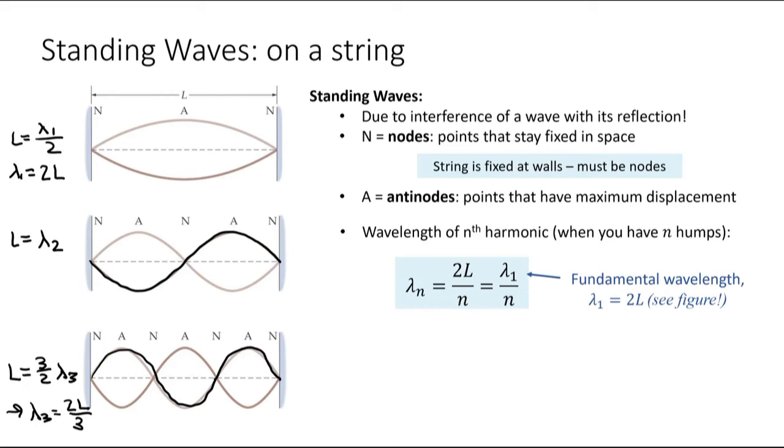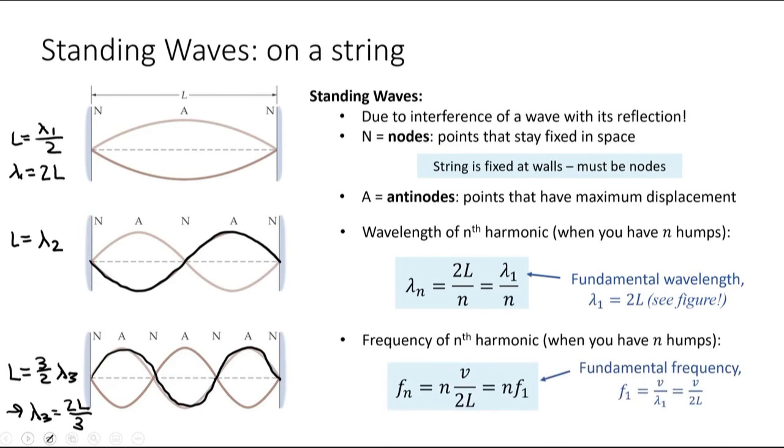Okay, you can also rewrite this as lambda n is equal to lambda 1 divided by n, where lambda 1, remember, is this wavelength for our top case, which we said was our fundamental harmonic or our first harmonic, and so that was the case where lambda 1 was equal to 2L. All right, then remember that the speed of the wave on a string is equal to frequency times wavelength,